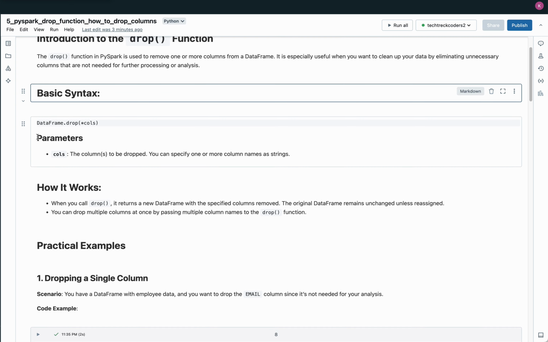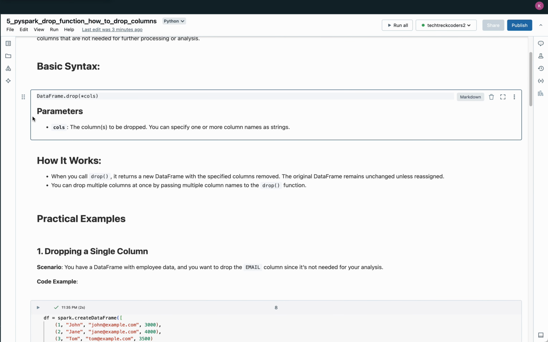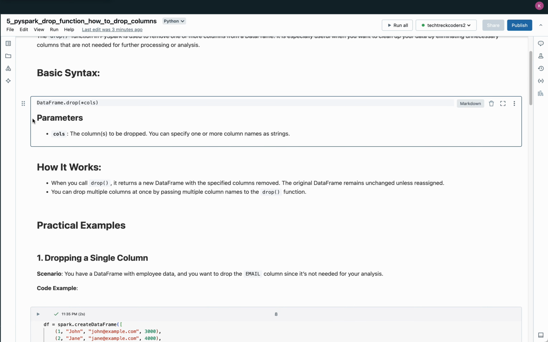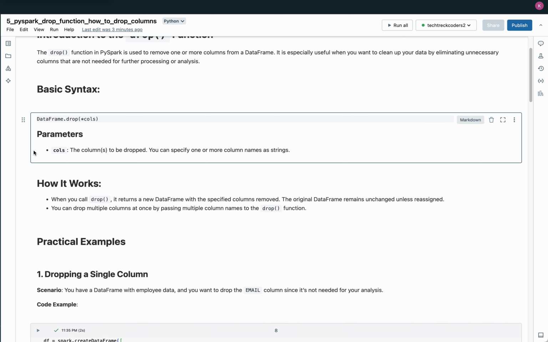Basic syntax. The basic syntax for using the drop function in PySpark is dataframe.drop(*cols). In this syntax, the cols parameter represents the column or columns that you want to remove from the data frame. You can specify one or more column names as strings, and if you need to drop multiple columns, you can simply provide their names separated by commas. The star before cols allows you to pass multiple arguments, which makes it easy to drop several columns in a